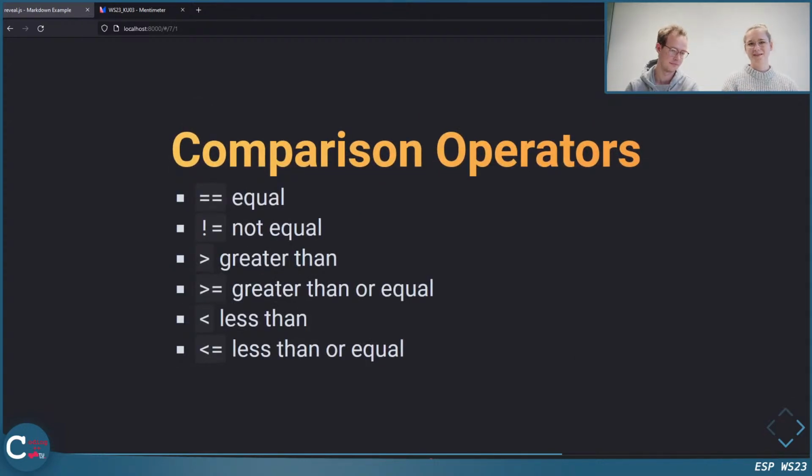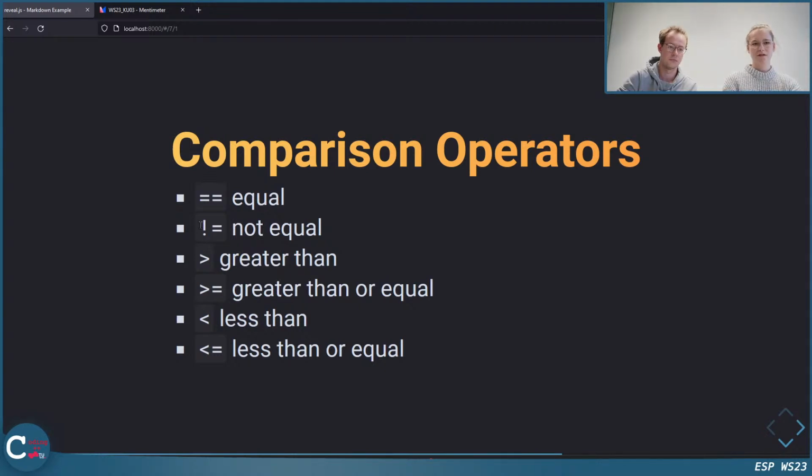So let's start with a bit of stuff about C. First we need comparison operators. As the name implies, they are used to compare two variables, or also just literals, numbers, floats, etc. So you have the equal operator with just two equal signs, which checks if two numbers are equal.